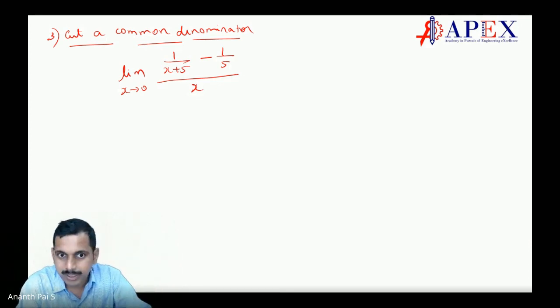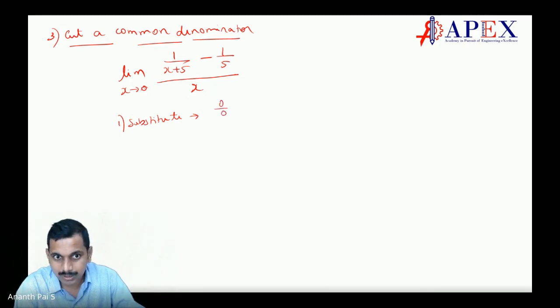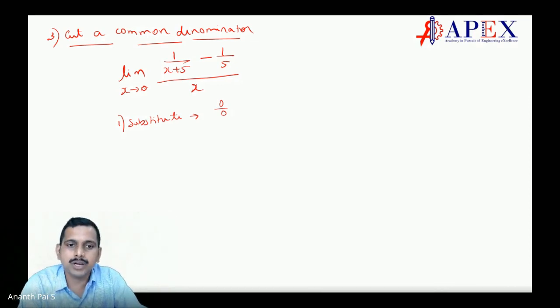Now in this one, if you apply x is equal to 0, what will you get? The first step is to substitute, right? When you substitute, you get 0 by 0. You can see that, is it not? Because with x equal to 0 you get 0 by 0, correct? What was the second step I said? The second step is to factorize. Not possible, so substitution is gone. Okay, second is factorize.